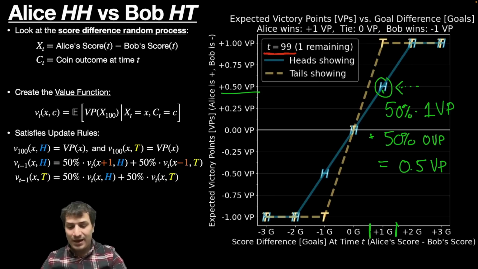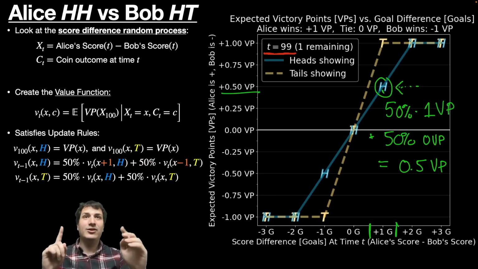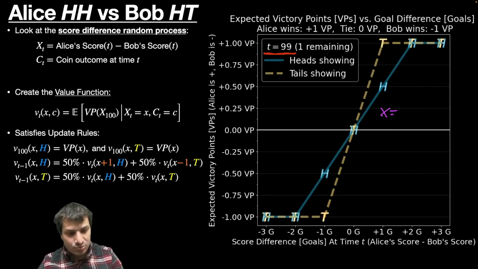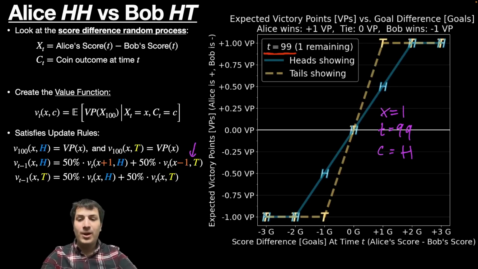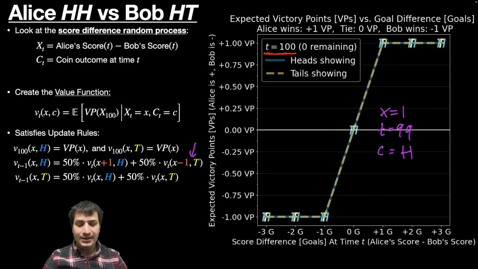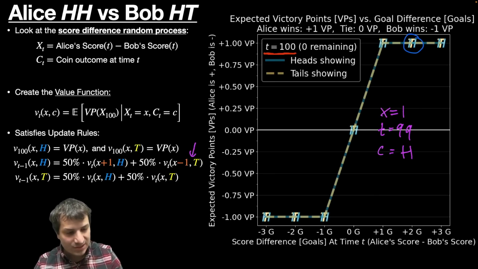But now let's also calculate it using this update rule. And that's exactly what the computer was programmed to do. Here's how the computer did it. So the computer says, I want to calculate what's happening at x equals 1 and at t equals 99, wherein the coin flip is heads. It's going to use this update rule right over here. And what it's going to do is look back in time by 1, and average the value functions from the previous time. So it looks at this previous time that we know, we've already calculated it, and it says, I'm going to add 1 to it and look at the heads situation. So it's going to say, look at